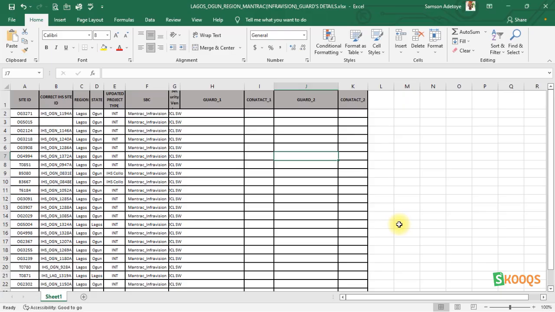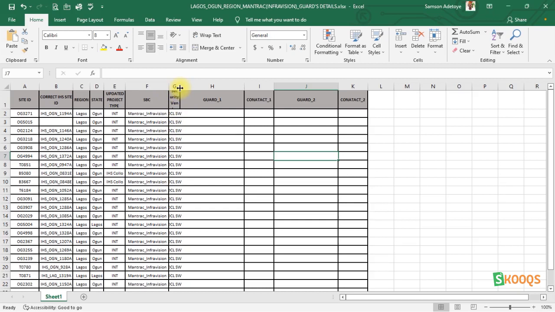Welcome back. In this section, we want to look at how to modify our rows and columns. In this workbook, we will see that some of the contents or data entered are not very clear. For example, this column G. So, in order to make all text visible,